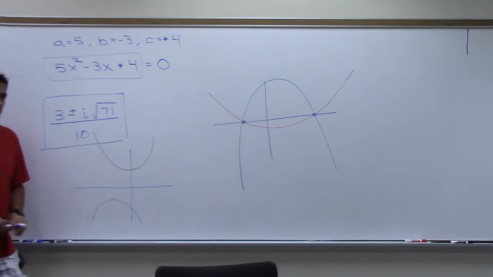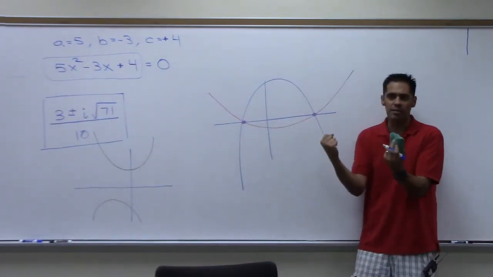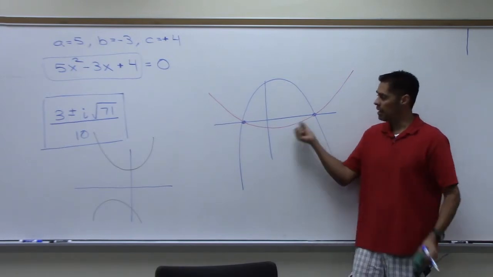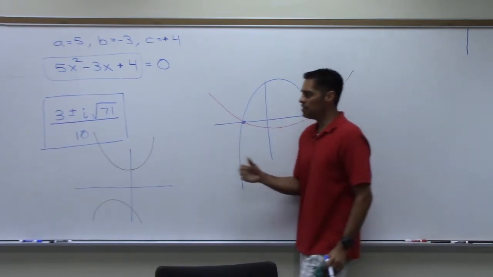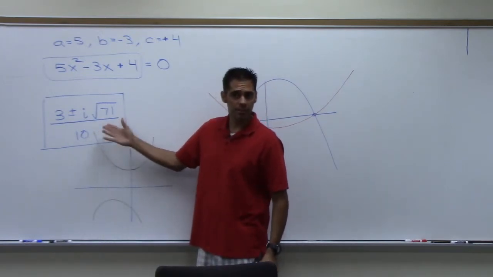Yeah? So look, this happens when you get 2 nice answers. They might be decimals, but they don't have I in them. This is what's happening. This is what happens when you have an I in the answer for the x-intercepts,